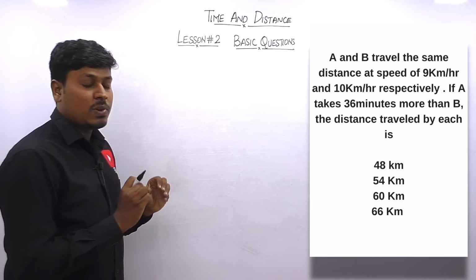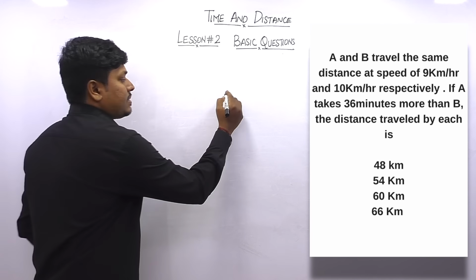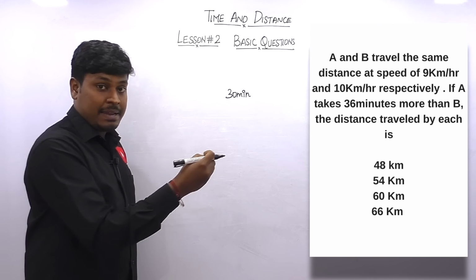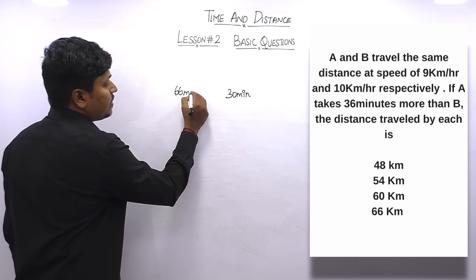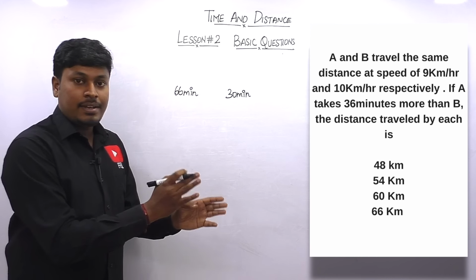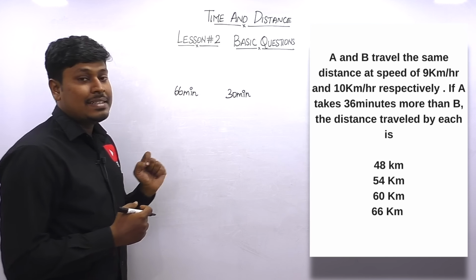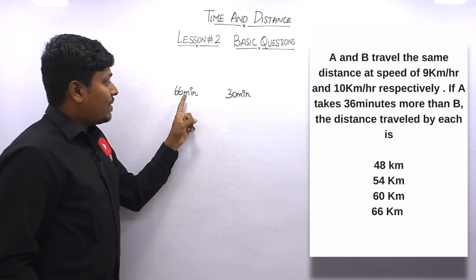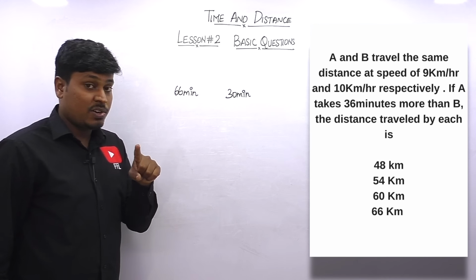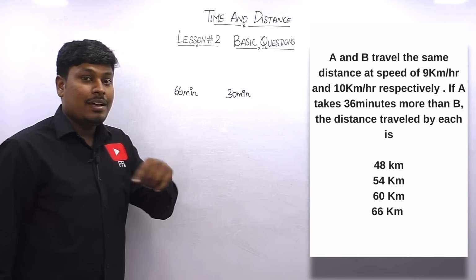So listen carefully before solving this question. First of all, you should understand one concept. For example, for some distance you take 30 minutes to reach the destination. For the same distance, I take 66 minutes to reach the destination. Friends, got it? There is some distance, we don't know what it is, and you take 30 minutes to reach the destination, and I take 66 minutes for the same distance. We can say that when compared to you, I am taking 36 minutes more. Friends, got it? When compared to your time, I am taking 36 minutes more,